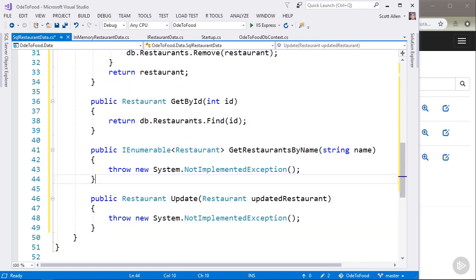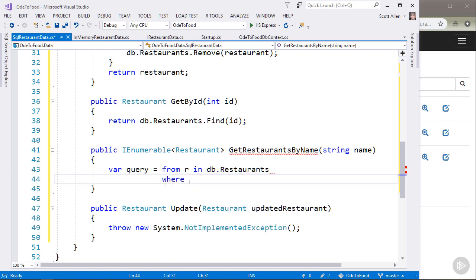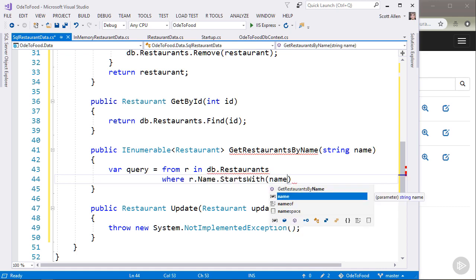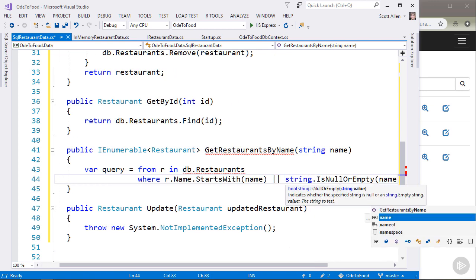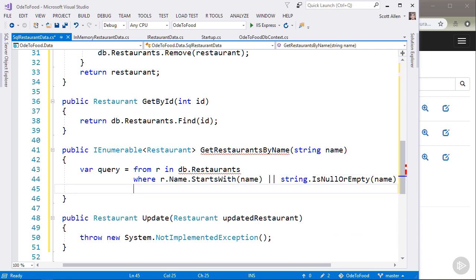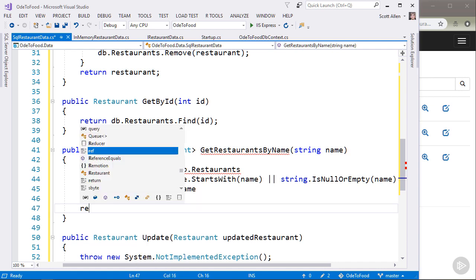Let's also look at GetRestaurantsByName. Now we can write more of a LINQ query. So I could say from r, which is a restaurant, in db.Restaurants, where r.Name starts with this incoming name, or the name is empty. These expressions are actually C# code that the Entity Framework can translate into a SQL query against the database. So all of the heavy work occurs inside of the database, including the order by. So I can say, let's order by the name of the restaurant, and then select that restaurant,